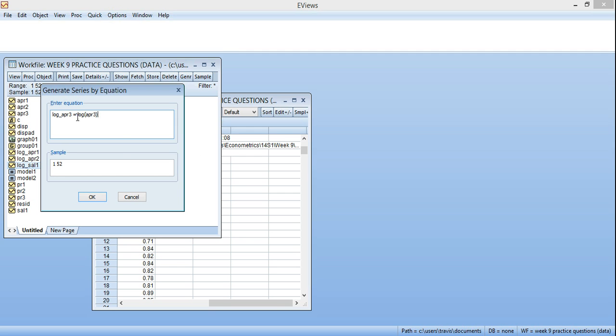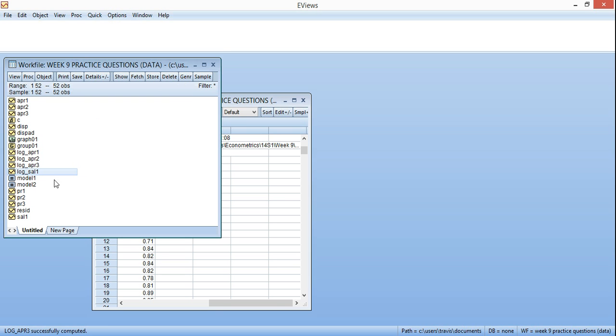So just finally, this is the name that I'm giving to the new series, which can't include any spaces, which is why I've got this underscore here. And then the equals is saying how are the values in that series going to be calculated. And here I'm using a function, the log function, which is telling EViews to take the log, which is the natural log, or LN, of each observation in the APR3 series, which is the price of brand 3 in different periods. Okay, I'll do that, and a new series is created. That is question 7 finished,